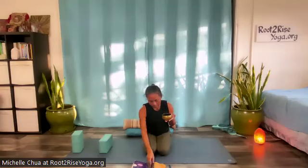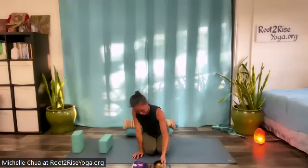Resting here with the eyes closed. Observe how your body feels now. And sense the effects of your practice so far. Be gentle, listen to how your body wants to begin moving as you slowly start to wake it up. Simple stretches,